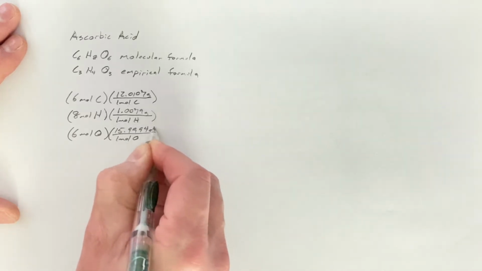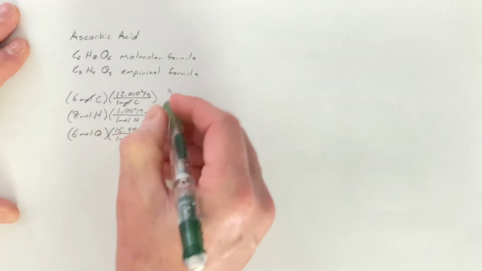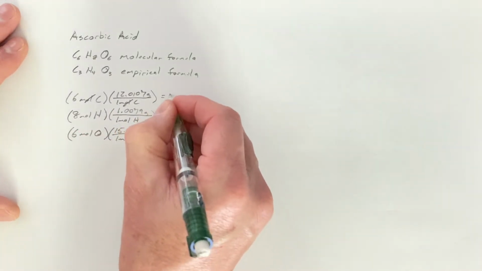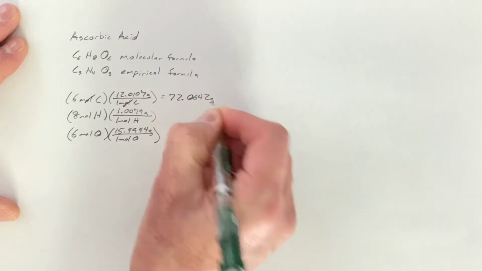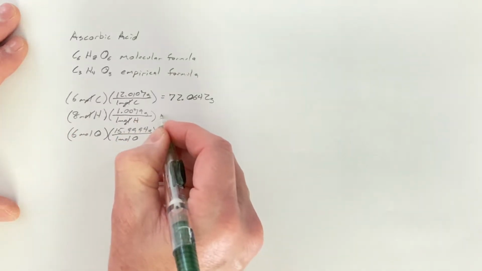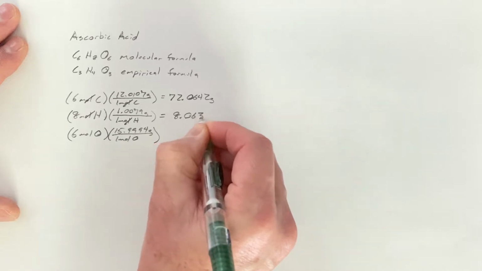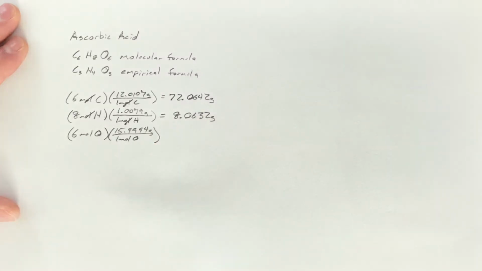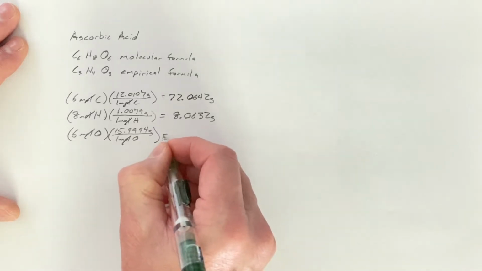15.9994 grams. We see moles of carbon cancel with moles of carbon, giving us 72.0642 grams of carbon. Moles of hydrogen cancel with moles of hydrogen, giving us 8.0632 grams of hydrogen. And moles of oxygen cancel with moles of oxygen, giving us